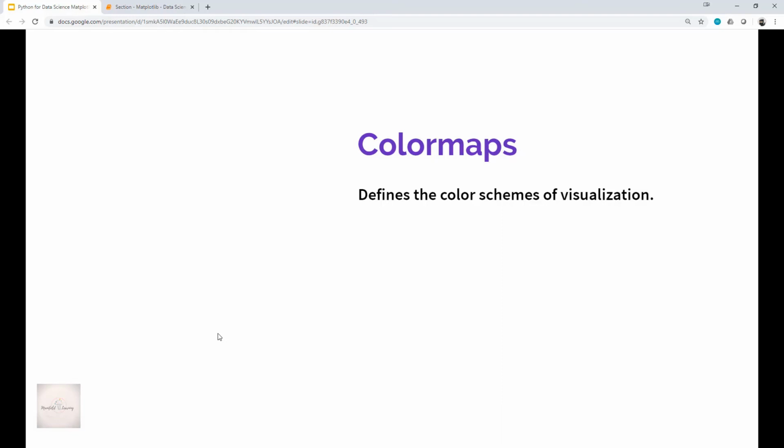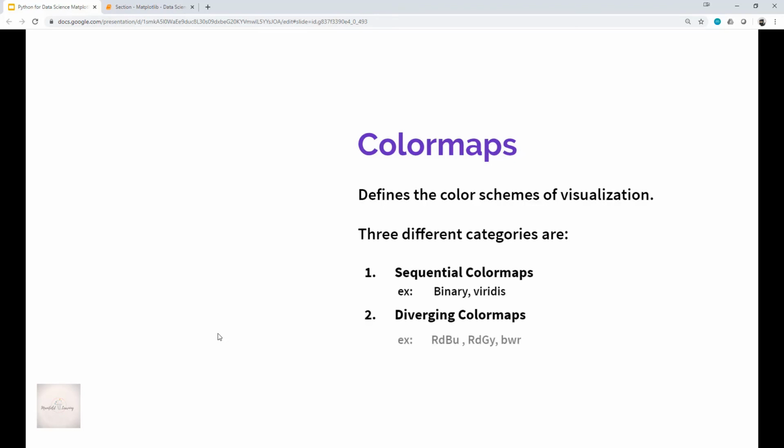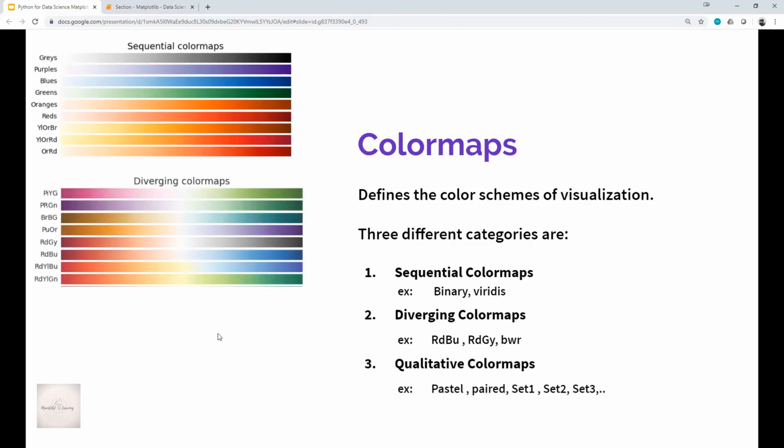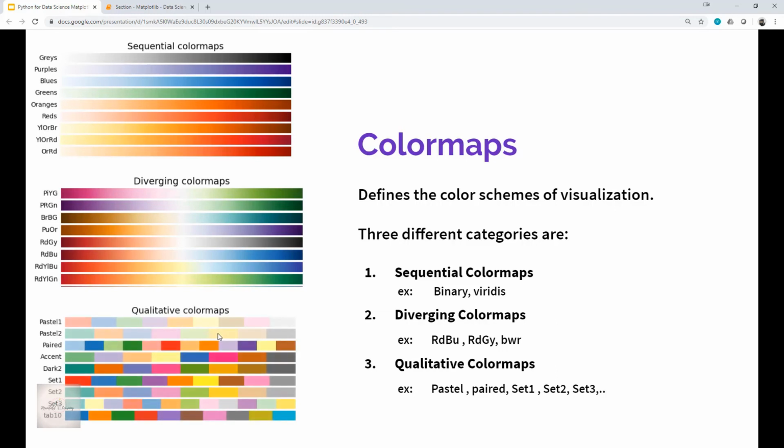We have 3 different categories of color maps. First is the sequential color map, then the divergent color map, and after that the qualitative color map. Coming to the first, the sequential color maps are made up of one continuous sequence of colors. For example, we have binary or viridis.